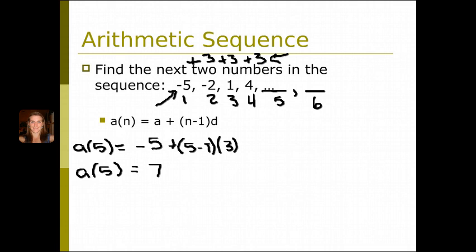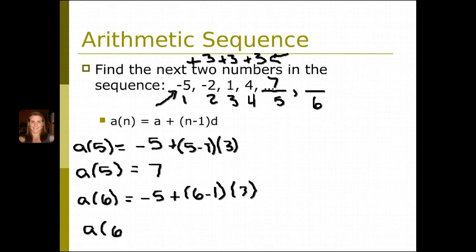Then we've got to find also our sixth term. So our fifth term was 7, and for our sixth term we have a of 6 equals -5. -5 stays the same. -5 is always our first number in the sequence, but our n changes because we're looking for the next number in the sequence, so that should be 6 minus 1. And our common difference stays the same as well. Okay, so plug that in your calculator and you get that a of 6